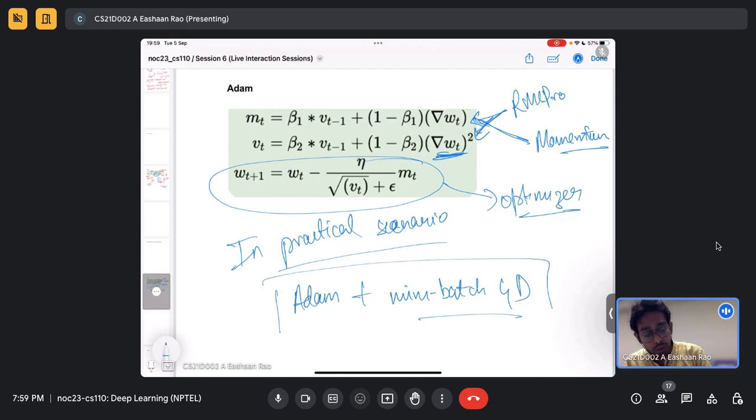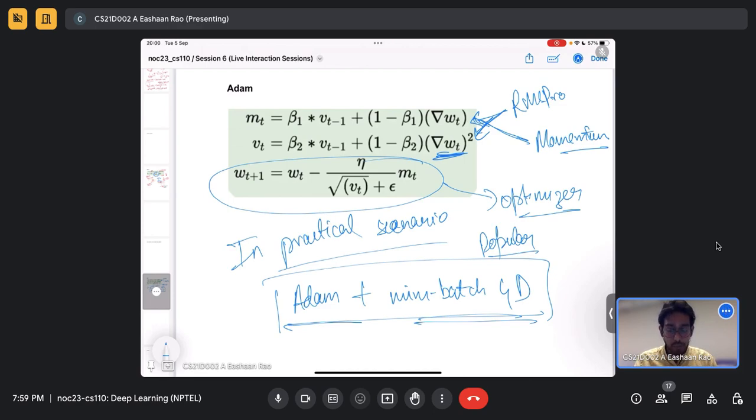You use this for any other architecture, be it CNN or the simple feed forward network. Use Adam and mini batch for computing your problems. This is a more popular thing that you can do, and we will see how it is very effective in certain scenarios